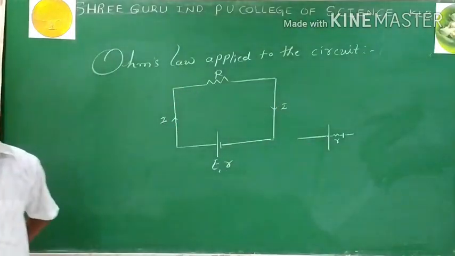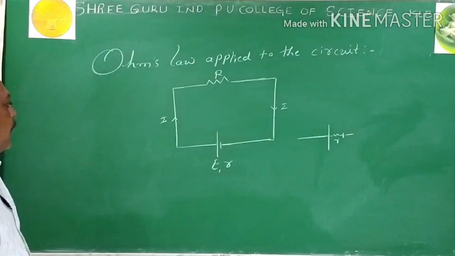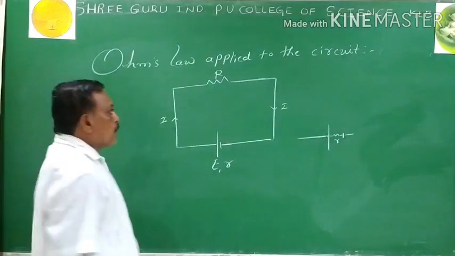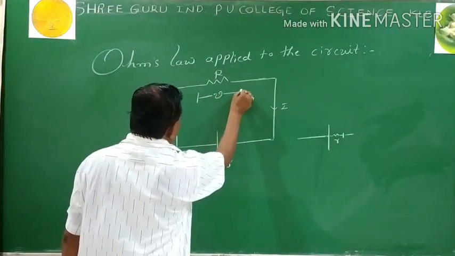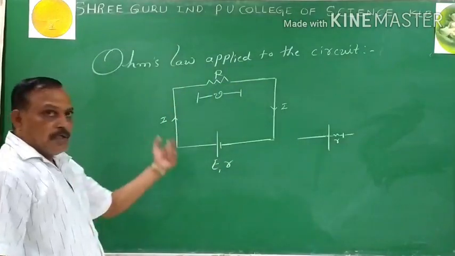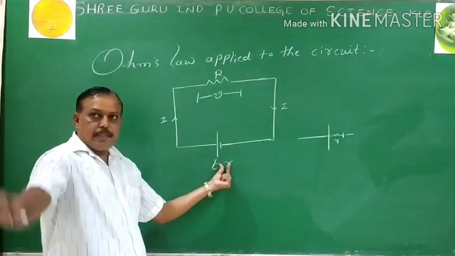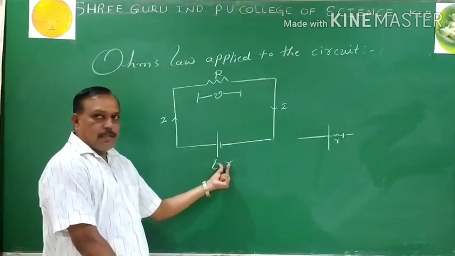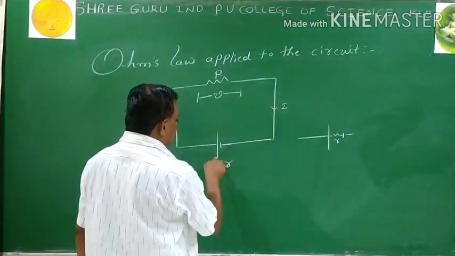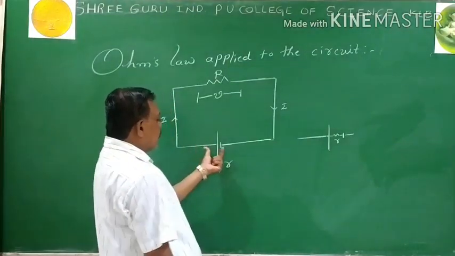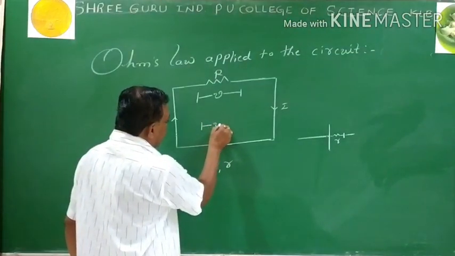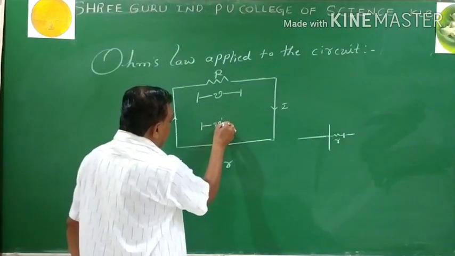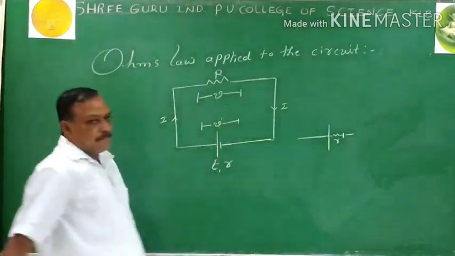Is it clear? Then, when the current is passing through the conductor, the product of current and resistance is nothing but the potential difference. Now this is the potential difference V across the external resistance. And there is one more resistance, the internal resistance small r. When the current is passing through the cell, there is opposition offered by the cell to the flow of current, that is called internal resistance. There is a potential difference across the cell, V dash, due to the internal resistance.